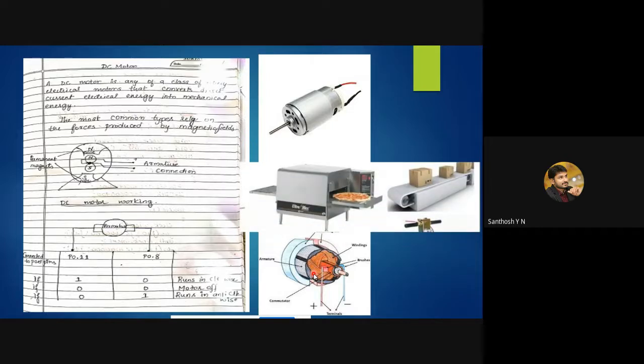And these are some of the applications which we'll be seeing in daily life, right? If you have visited some Domino's or Pizza Hut, in Domino's it is clearly visible. The pizza, after it gets completely baked and once the timer is set and expires, comes out in this drawer continuously. How it is getting closed and how it is getting opened is by making use of this DC motor.